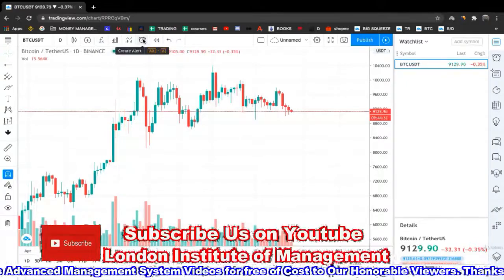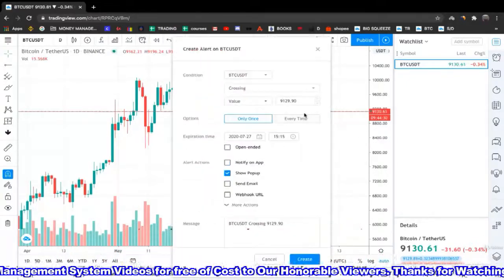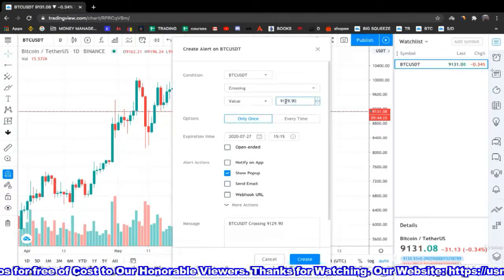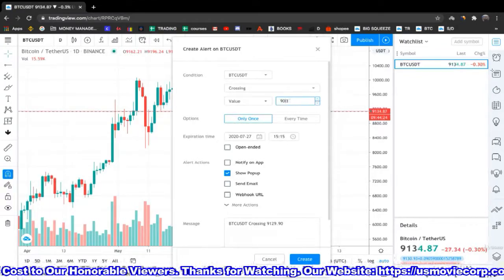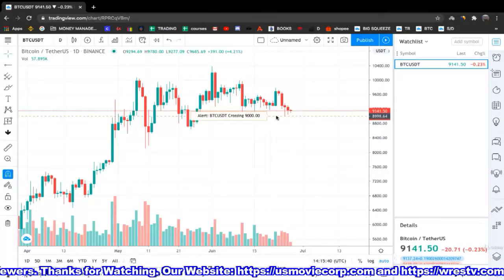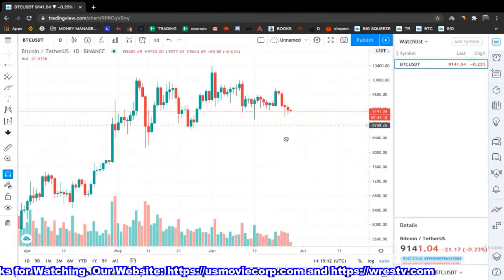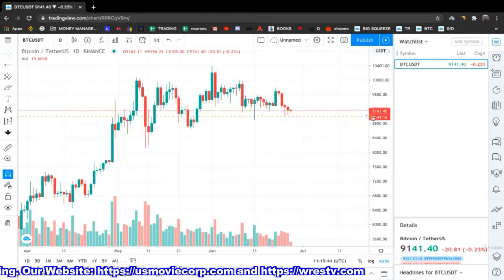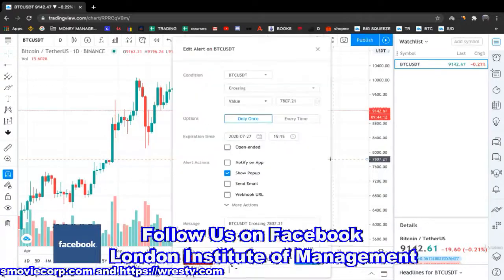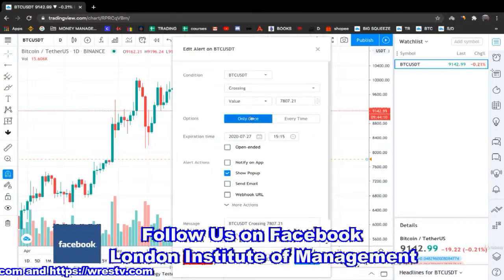Here is if you want to create an alert. For example, you want to create an alert to be notified when the Bitcoin is at $9,000. This is how you do it. You can move it once you set it, you will see it here, so you can move it if you like, and you just have to click save.